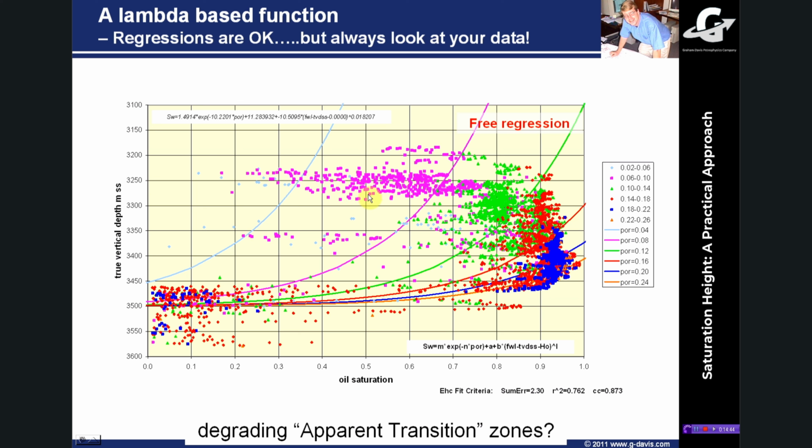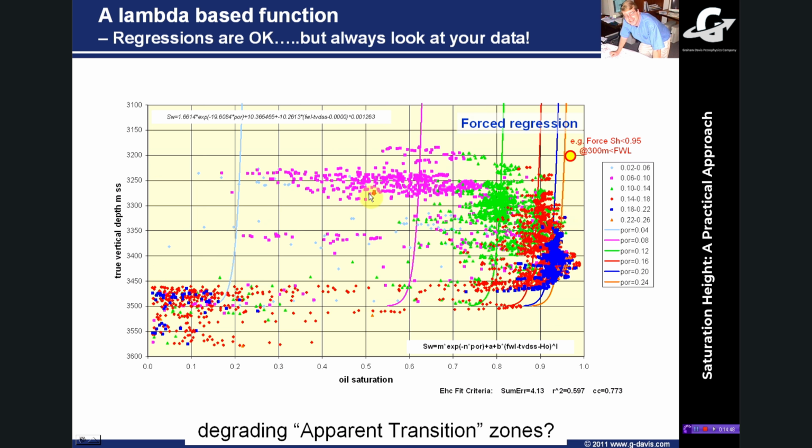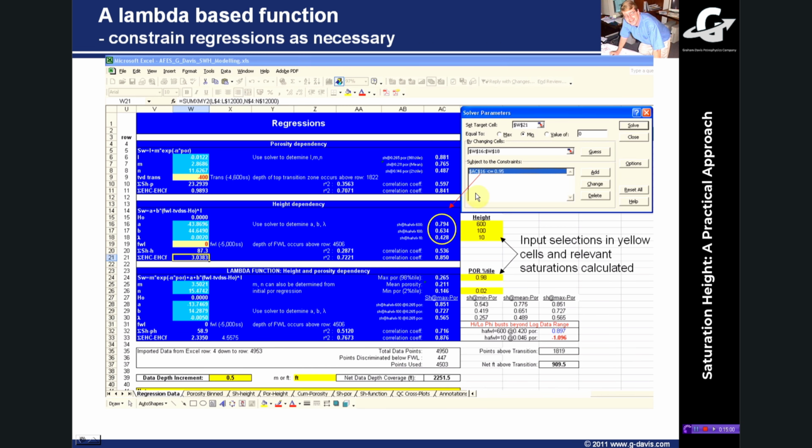However, most people would like to see something that looks a little bit more geological. So here, what I've done is I've just forced it by putting a little data point up here, and I say I condition the regression to satisfy these criteria. Okay, so that appears just here on the spreadsheet, just off-piste to the right-hand side of the regression sheet.